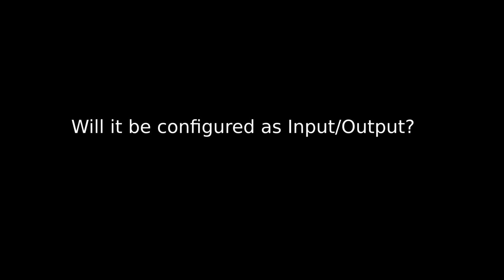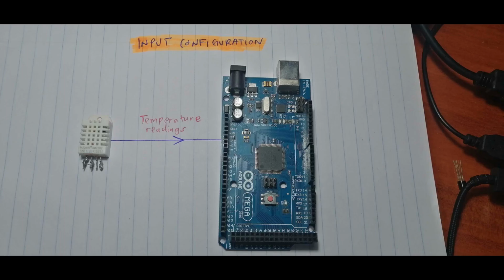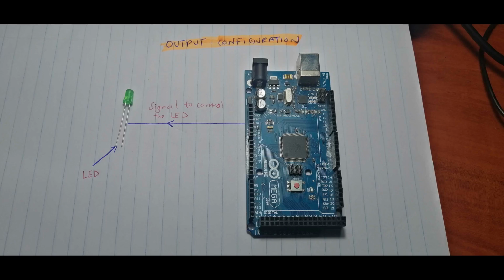A temperature sensor is basically just an input device, because you are reading the temperatures, and the temperature values are being recorded inside the Arduino. So what is output mode? Output is the mode in which the microcontroller sends data or information to external devices. In this mode, the microcontroller sends signals to control devices such as LEDs, and so we have to configure it as an output,